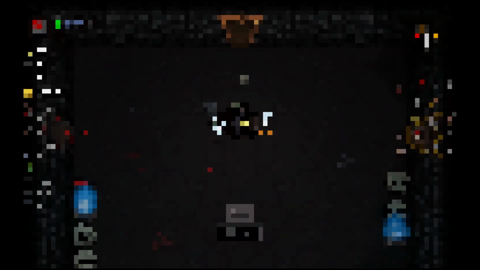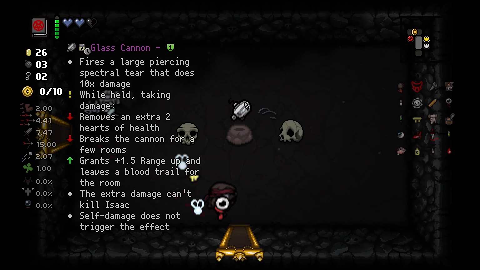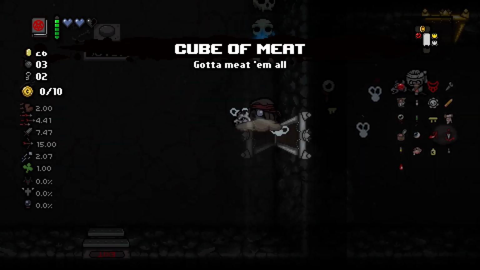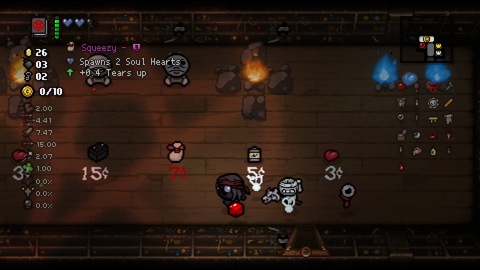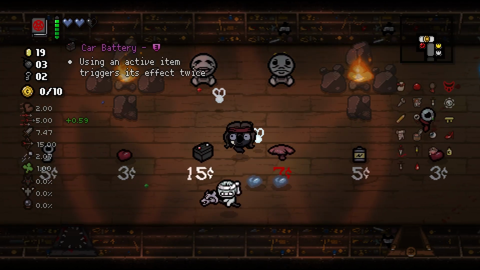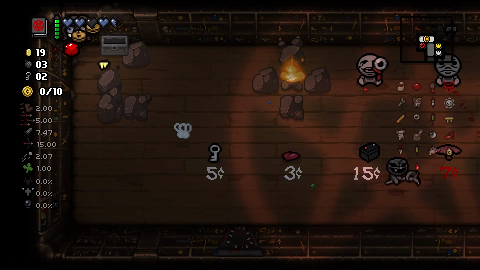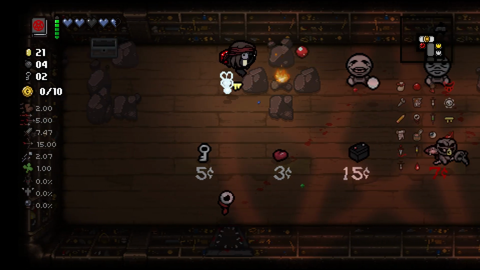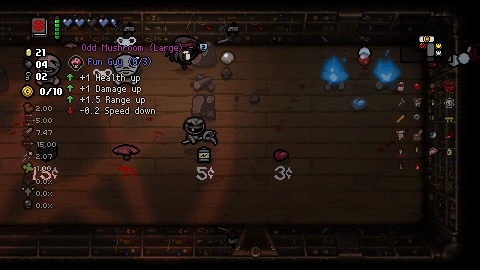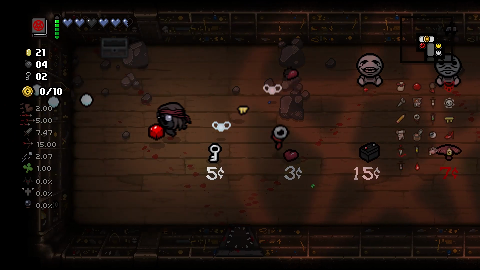A couple more floors before Ultra Greed. This is the last couple item rooms I'm going to get here. I definitely don't want Glass Cannon. I think it's too detrimental. And I've definitely got to try my best to get Odd Mushroom and Car Battery. Those items, I think, will be very good for me. So I think I'm going to...